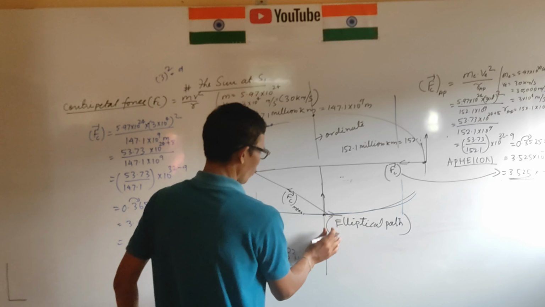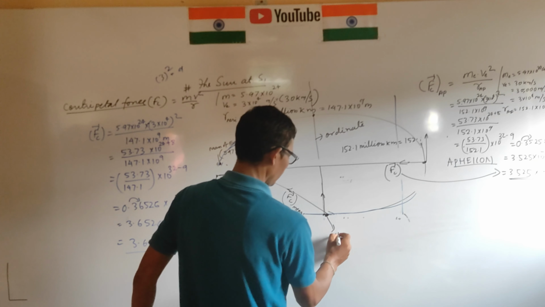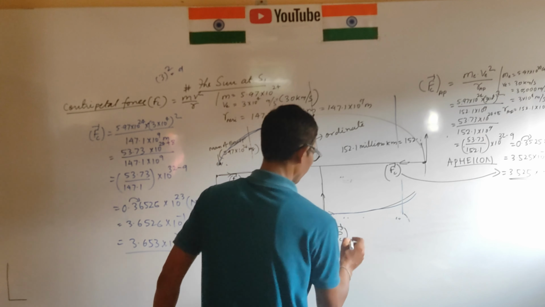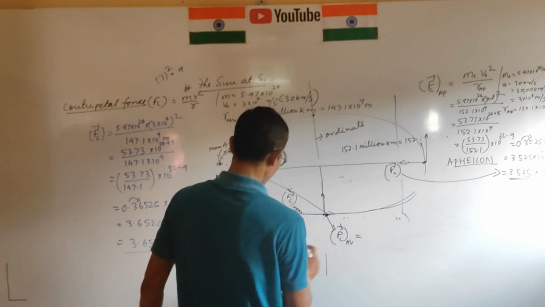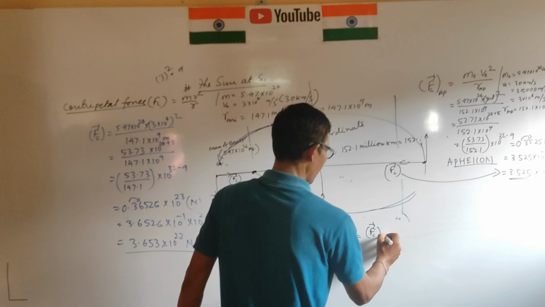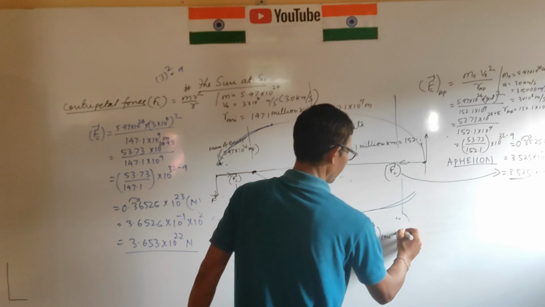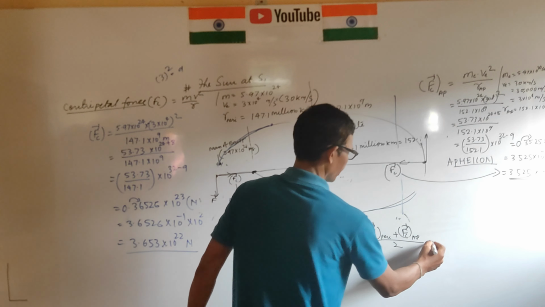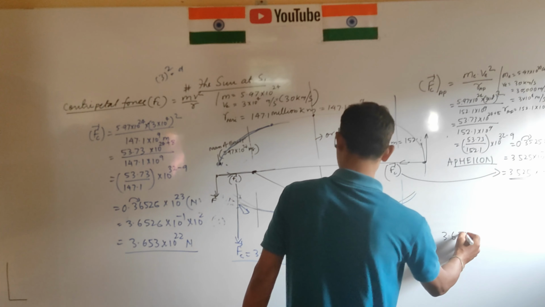This is the centripetal force acting like this. Centripetal force at mean, average. This average is how much? That is the centripetal force at perihelion plus the centripetal force at aphelion, divided by 2, and this is called how much? This is 3.65